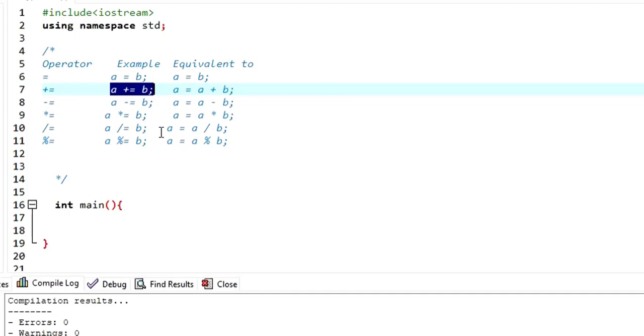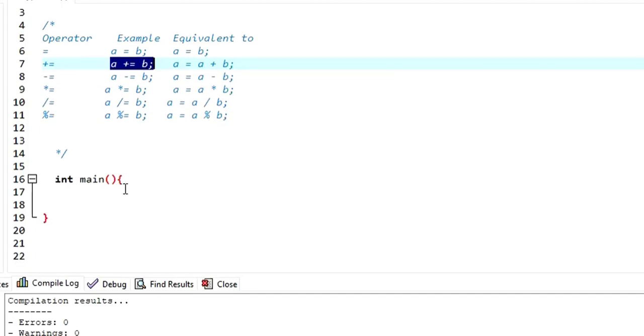So this is how the rest of the operators would look like. Let me show you a quick example for better understanding. Here I'm going to create an integer, let's say n1, for the number 1. Now I'm going to assign the value as 4. So this is an assignment because I'm assigning the value to the variable.